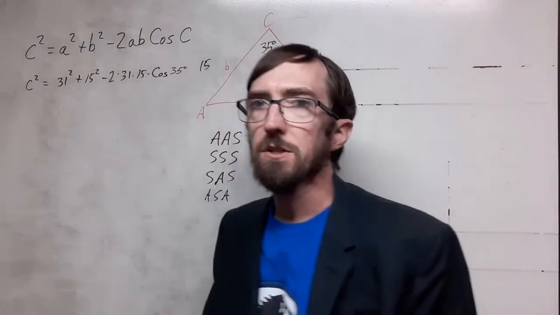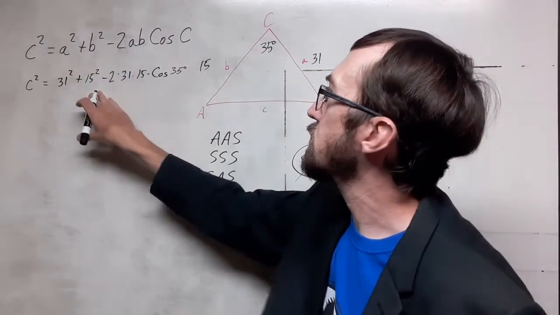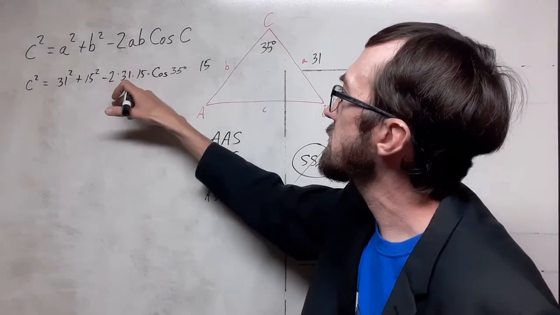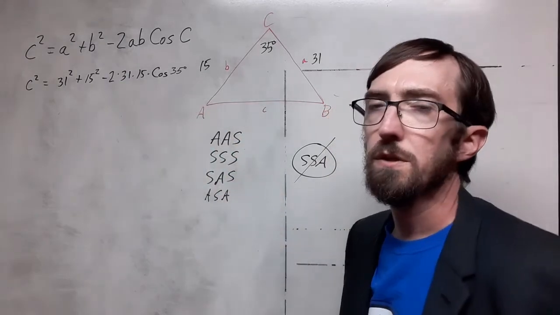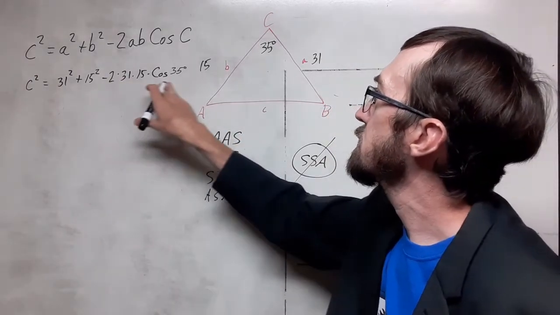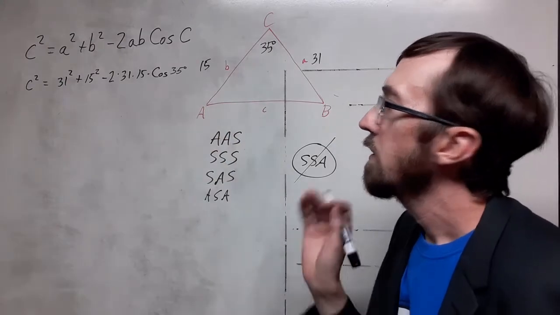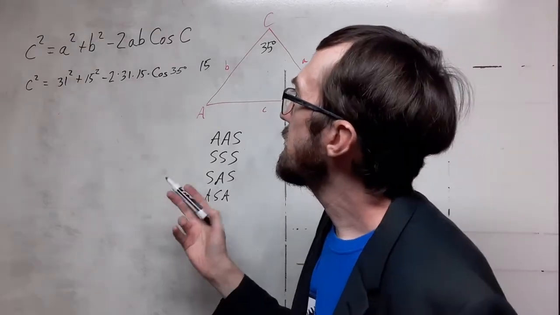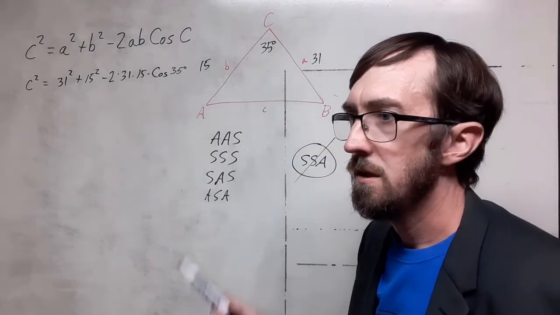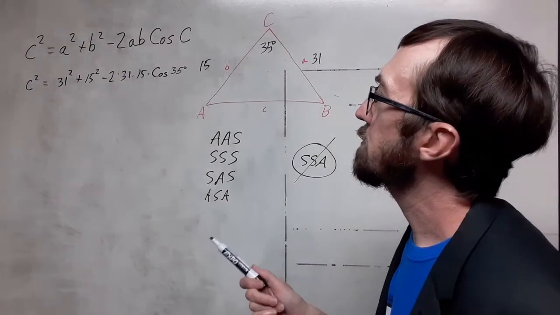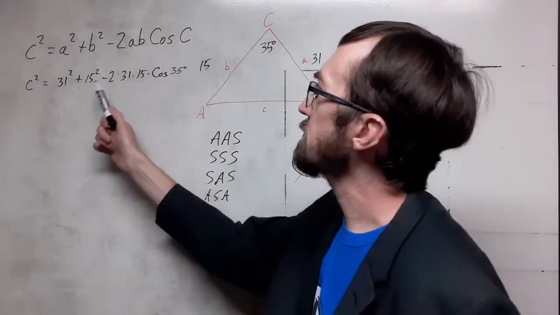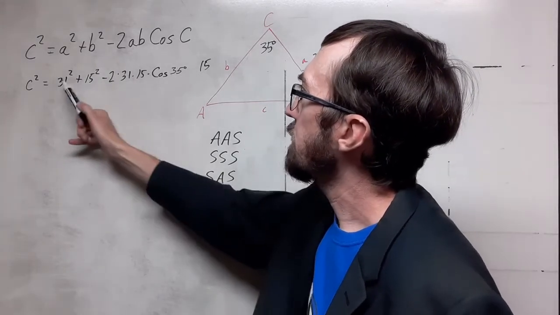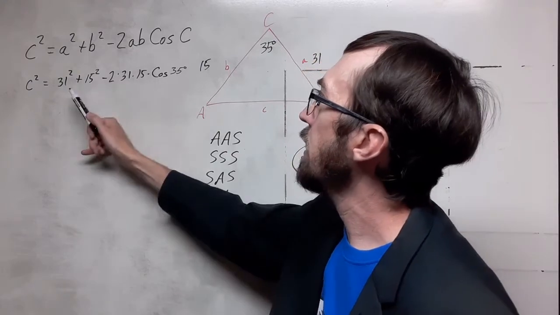There are a couple simplifications that you can do right off. You can put your squares in here, and you can multiply this coefficient for the cosine. You could potentially just plug all of that into your calculator. One caution that I have seen with students that I want to caution you about is some students will forget order of operations with this formula. They want to try to subtract some things, possibly this coefficient here from these two squares, and then multiply by